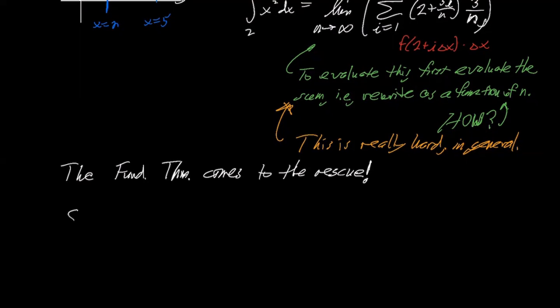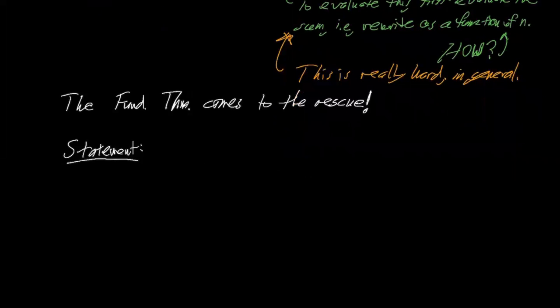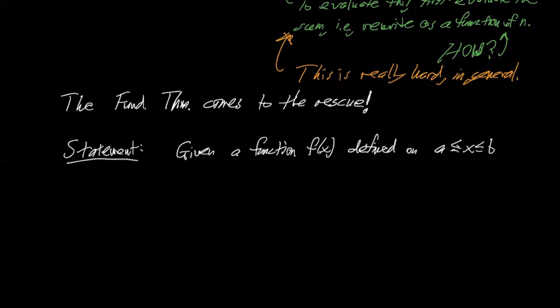So let me just give the statement of it, right? The statement, which it seems a lot of you have seen before, is that if we want to evaluate, given a function f of x, you could give criteria on the function. You should say it's at least continuous, or continuous except at a finite number of points or something like that. Some sort of weird conditions, but I'll just gloss over that. So given a function f of x defined for a less than or equal to x less than or equal to b,